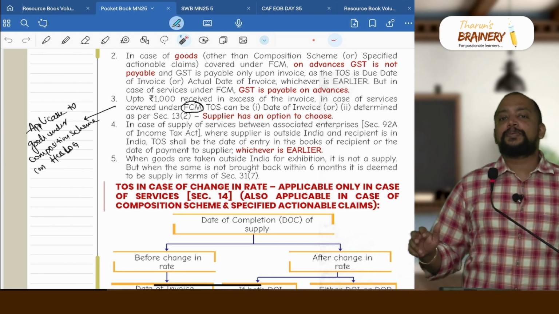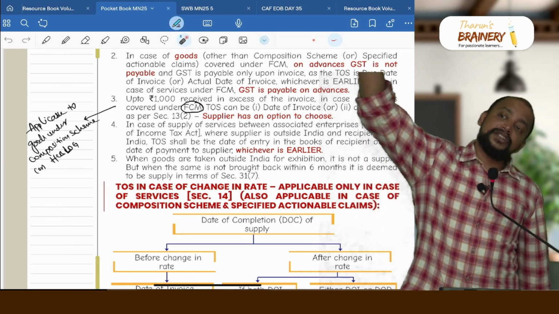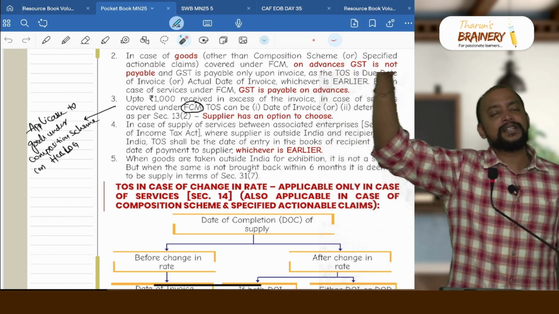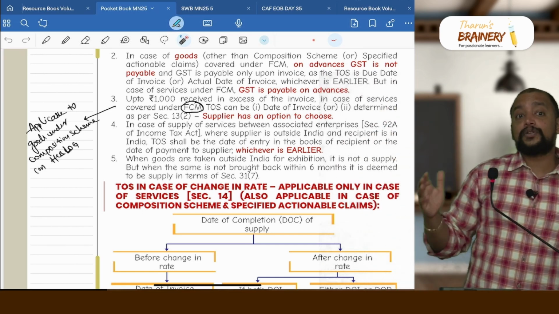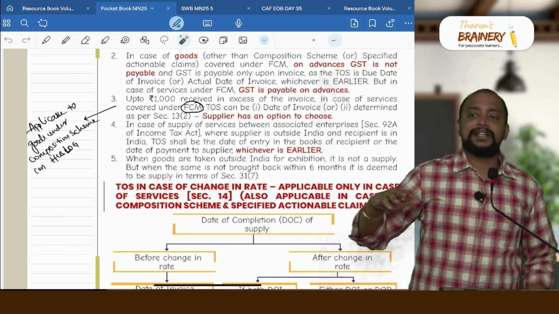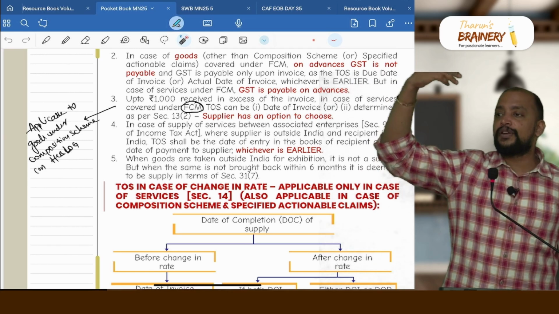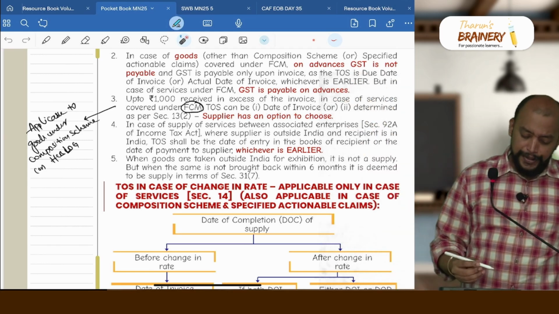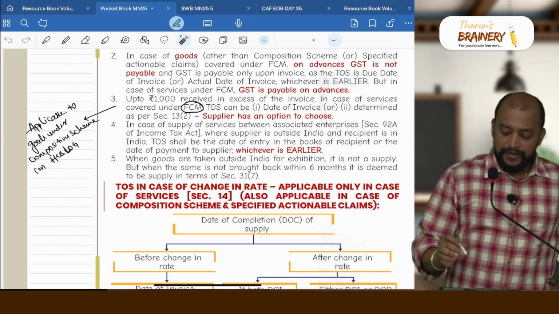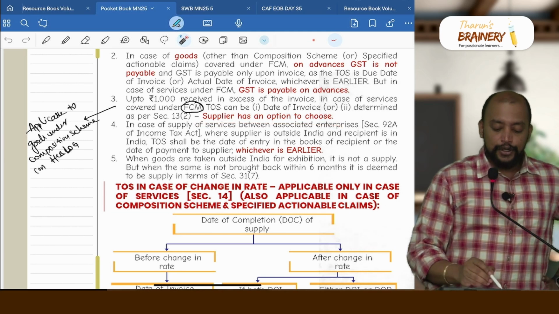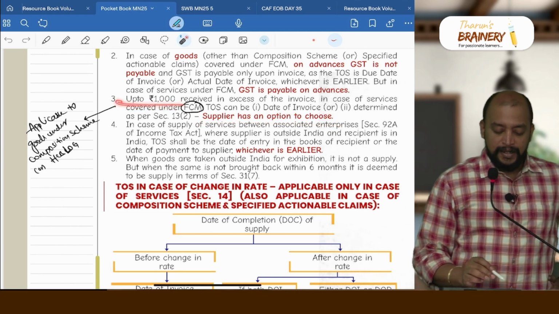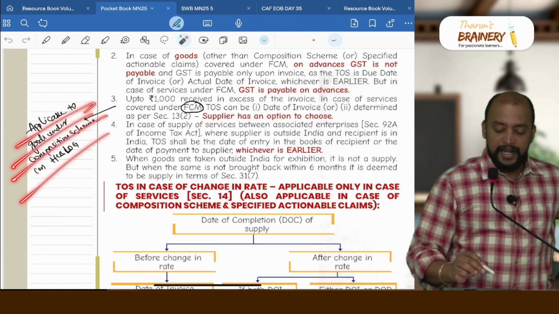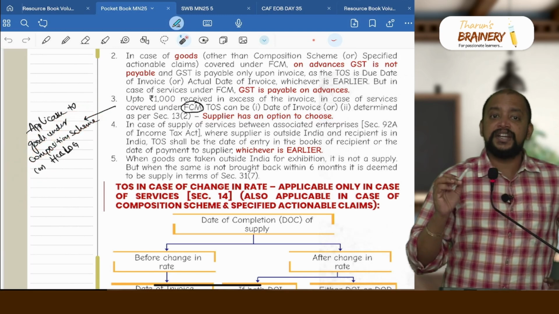Option 1, they can pay as per the regular provisions. That is the invoice which is going to be issued in future for that 800 rupees, or the payment received in this month, whichever is earlier. Or they can take only the date of invoice itself as the time of supply, that is the date on which they are going to give the invoice for that excess amount. So this is at the discretion of the supplier. The supplier has the option to choose. This up to 1000 rupees point is applicable to goods under composition scheme and specified actionable claim, and even for